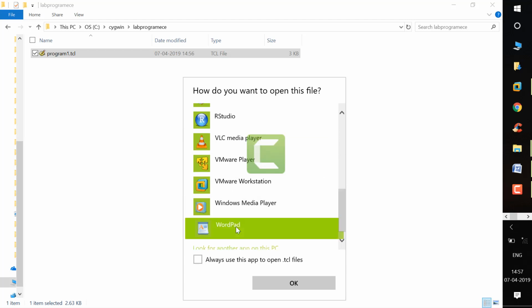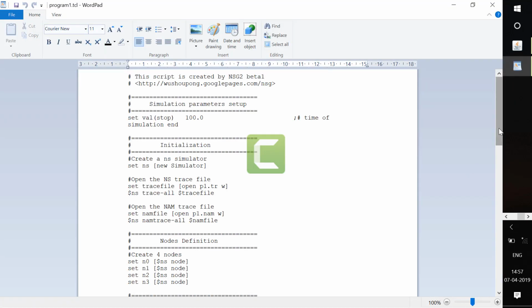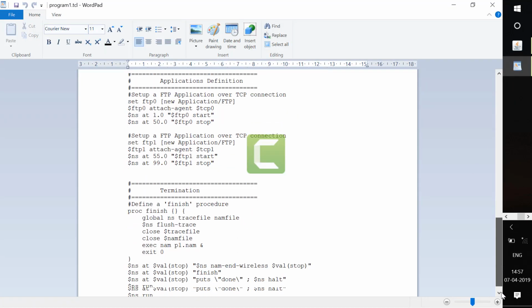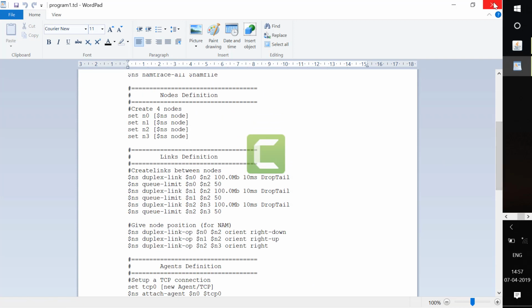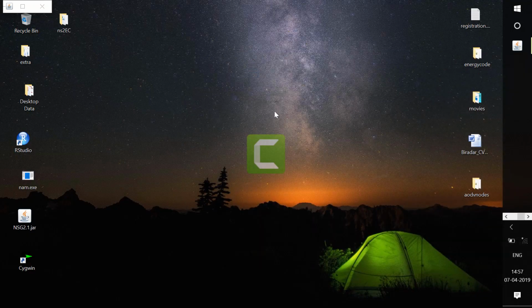Better to use WordPad. See here, same program, you can edit here also, then save it. Now we have saved the TCL script.